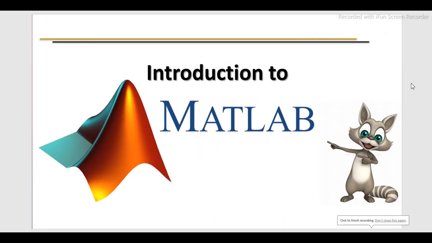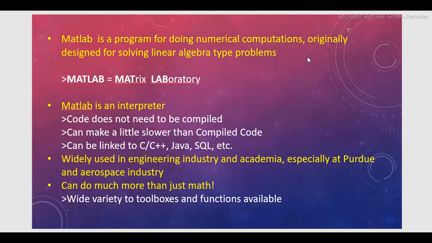Welcome to the MATLAB tutorials, and this is the first lesson, that is Introduction to MATLAB. The following tutorial lessons are designed to get you started quickly in MATLAB. The lessons are intended to make you familiar with the basics of MATLAB. So at first we will learn something about MATLAB.